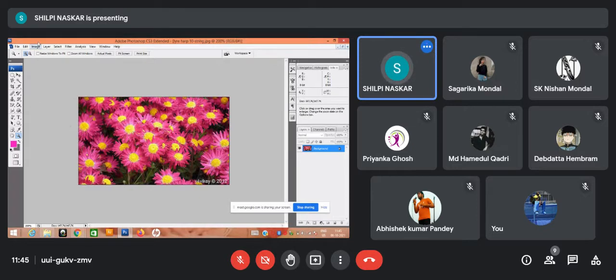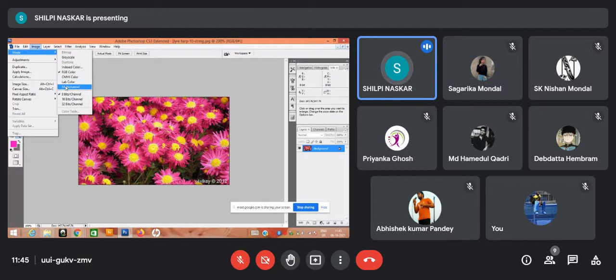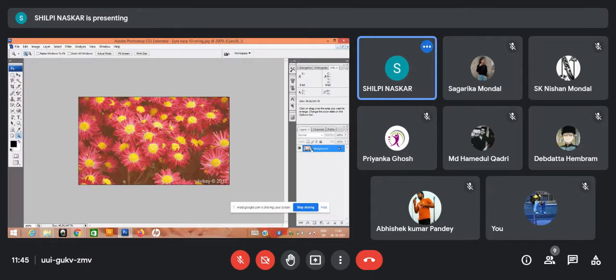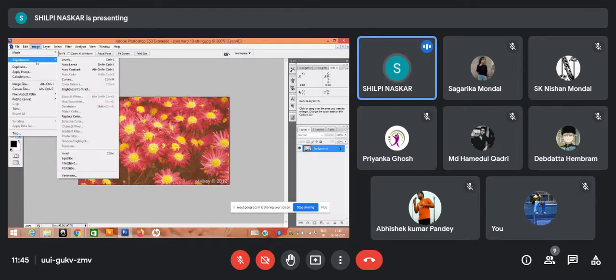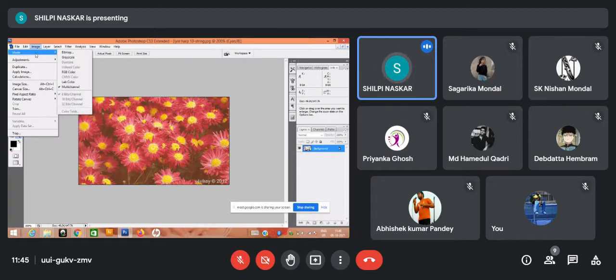So here, in case of multi-channel, there is a provision for giving the spot color in a particular channel, where it is necessary.